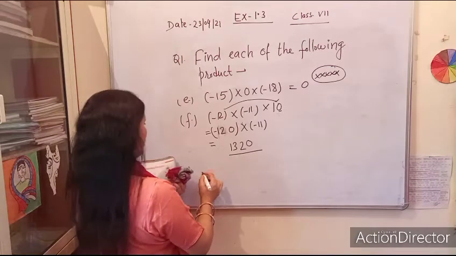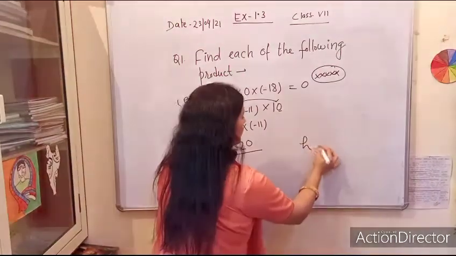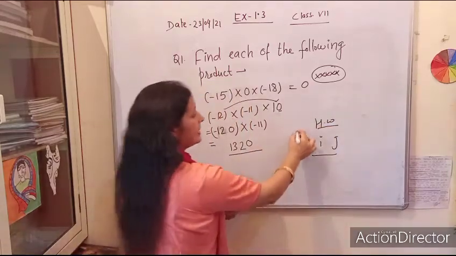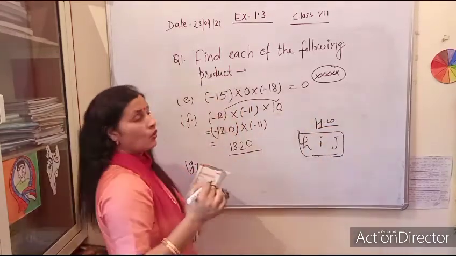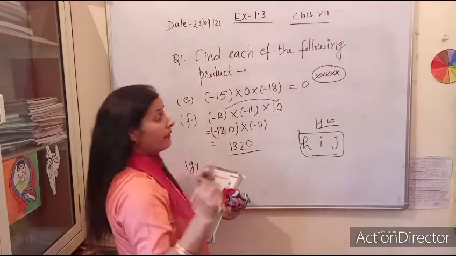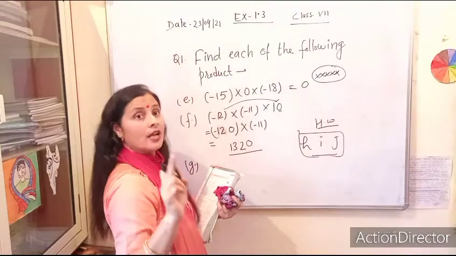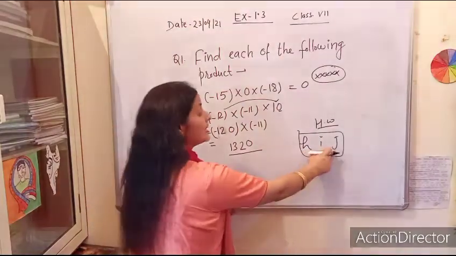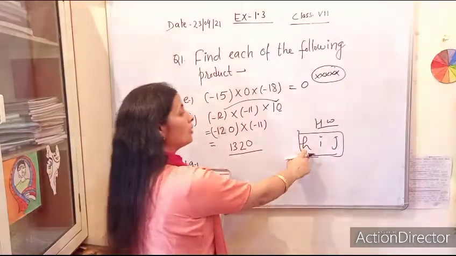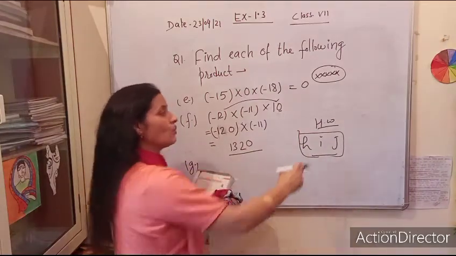Now I am doing G1. I will do questions up to G; H, I and J are the homework for you. These 3 parts you are going to do yourself. If you find any difficulty in these 3 parts, you can discuss it during the online class, because I will take the answers of these questions during the online class and I don't want any excuse there. Understood? All the students will do these 3 questions in their fair notebook. There is no need to copy them in a rough notebook. These are 1 or 2 liner answers, so I am expecting that each and everyone is able to do these questions.